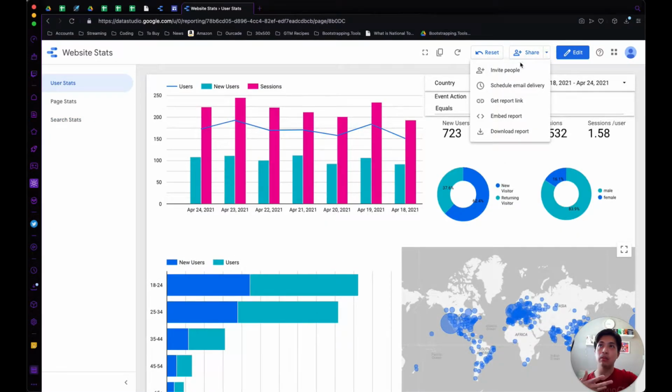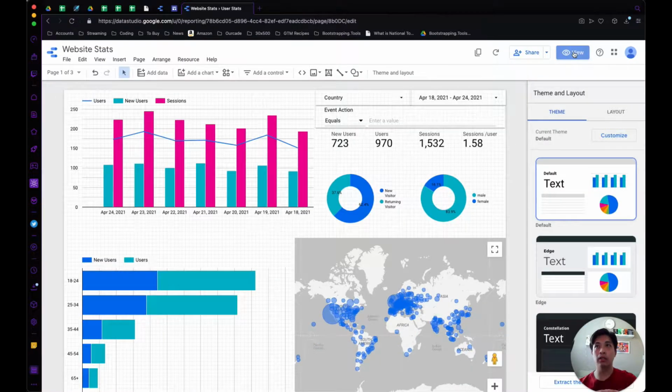and then I'll show you how you can share this out. There are a couple of different ways you can invite people to the report to take a look at it. Right here, you can schedule email deliveries, you can get the report link and share it. You can also embed the report or download it as a PDF. So first things first, let's go over to the edit version of Google Data Studio so we can clean this